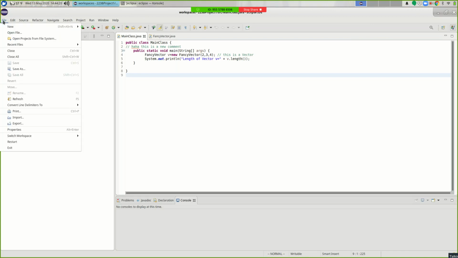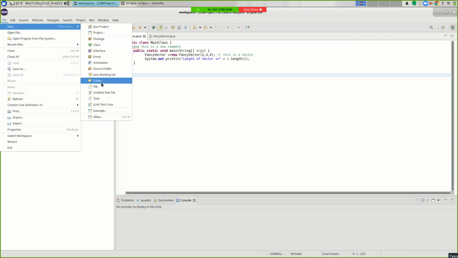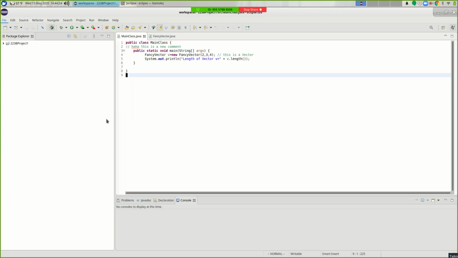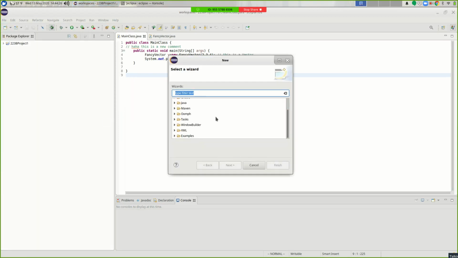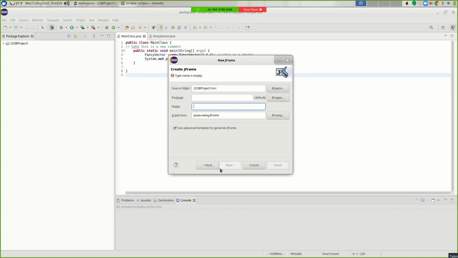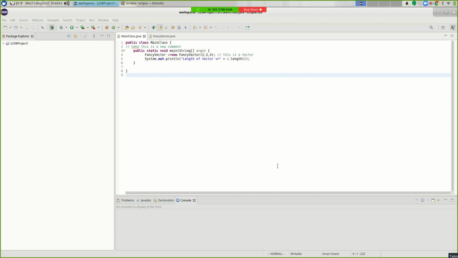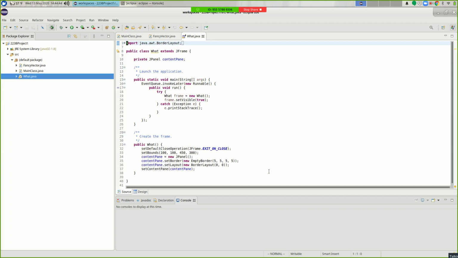All right, so now when I say File New, I have the ability to come down here under Other, and down here I can come under Window Builder, and I can come under Swing Designer, and I can say let's make a J-frame, right? And I'll call this what? And it's going to create all of this code for me